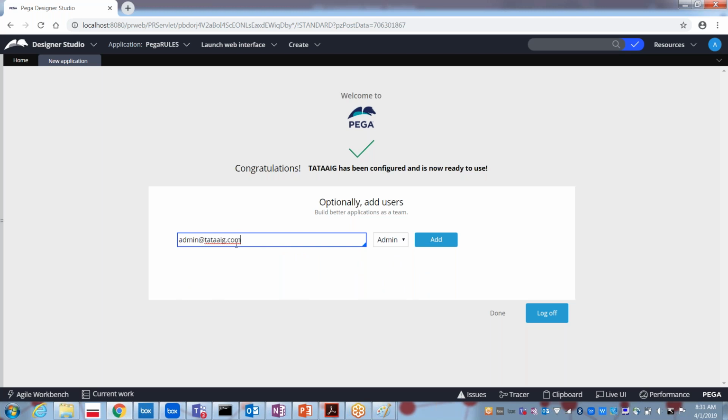This operator should act as admin or author. Author means he cannot perform all the functionalities and features in the application, whereas admin means he can do everything in the application. So I would like to create the admin operator ID. Select add.